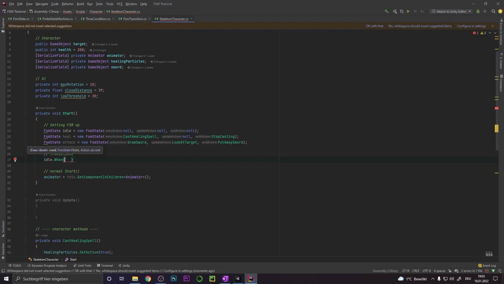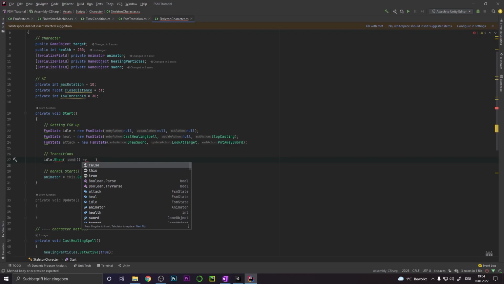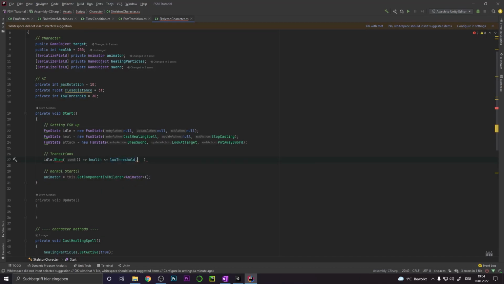Let's start. Give ourselves some space here. Firstly, we want our method or our function, which we'll now define, to have no input parameters. So just write 2 brackets with nothing in them. Use this arrow with an equal symbol and bigger than symbol. And then just do a normal Boolean condition here. So in my case, we want health smaller than or equal to low threshold. So this is our transition condition, which needs to be triggered to go to the target state. Heal and null. Heal is the target state and null is the action which will be done when the transition